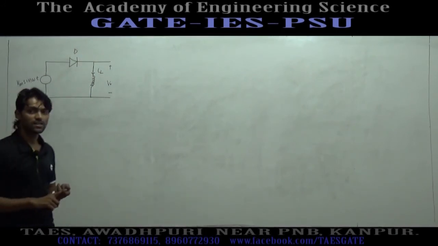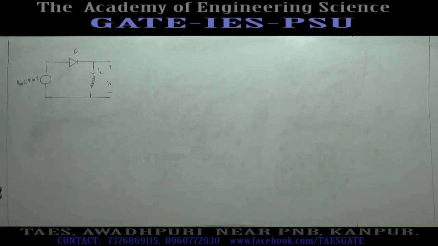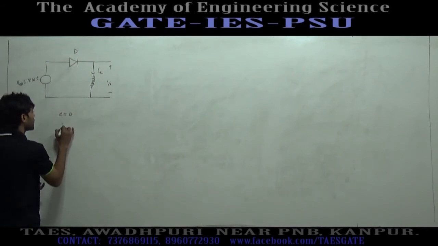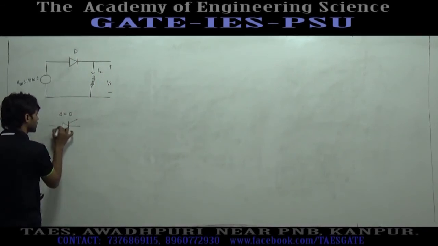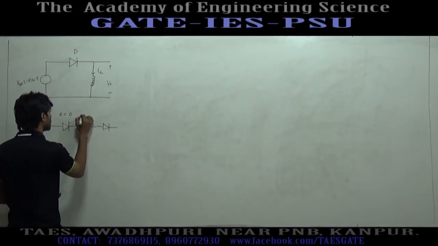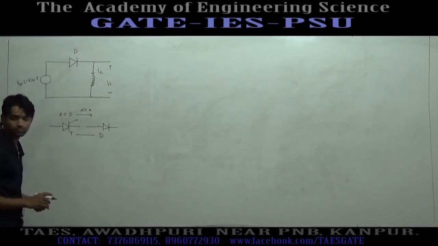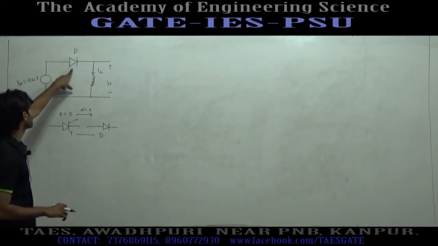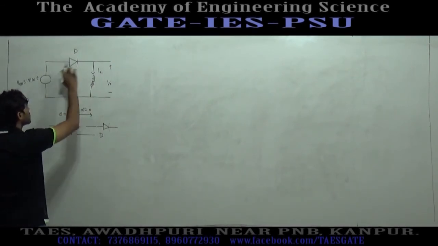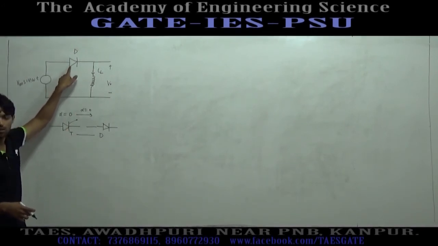The difference between a diode and a thyristor is that if we give no delay in the firing angle of the thyristor, that is, if alpha is equal to 0, a thyristor will behave as a diode. If we give alpha equal to 0, the thyristor will become a diode. So, we have studied this circuit using a thyristor, and we can also solve this question when a diode is connected in place of the thyristor.